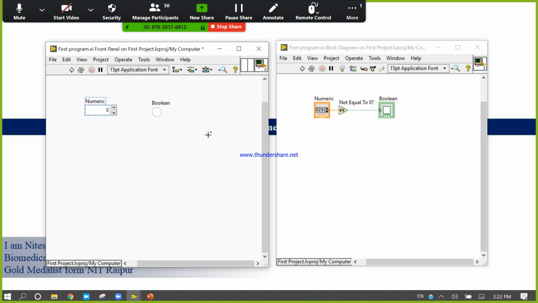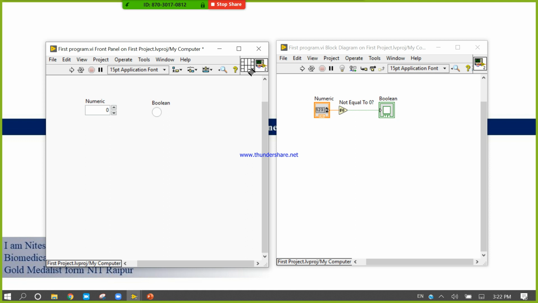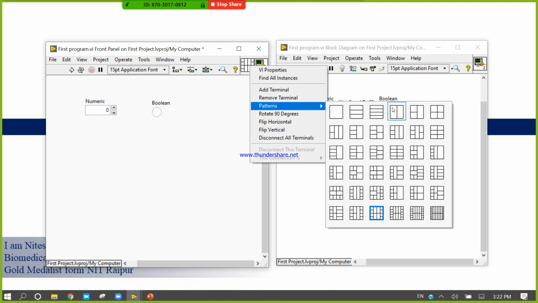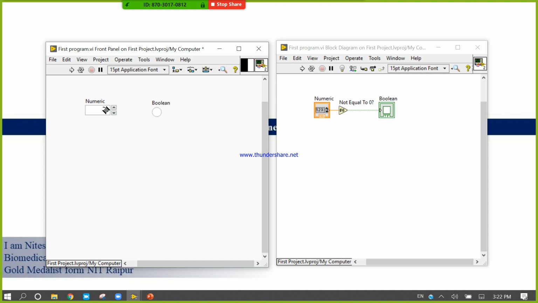You can change the connector pane according to your function. We use the connector pane and icon when we work with sub VIs. A sub VI is a concept where we use a VI within a VI, just like a subroutine in text-based programming.